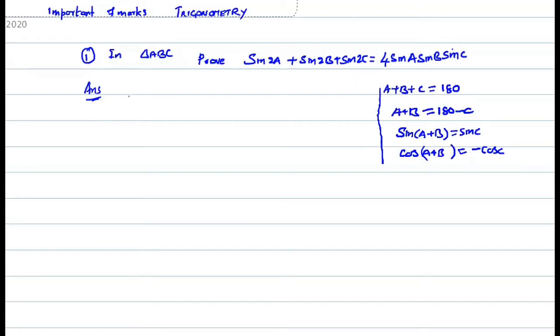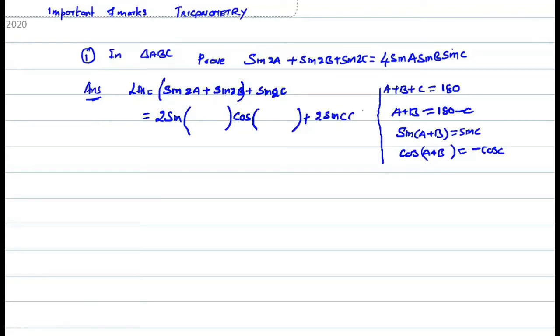Take LHS. What is LHS? Sin 2a plus sin 2b plus sin 2c. We know the formula for sin 2a plus sin 2b, and then the formula for sin 2c. Two formulas. One is sin 2a plus sin 2b is 2 sin (a plus b) cos (a minus b), and then the formula for sin 2c is 2 sin c cos c. This is the first step. So what is sin C plus sin D? It is 2 sin (C plus D)/2. That is (2A plus 2B)/2.